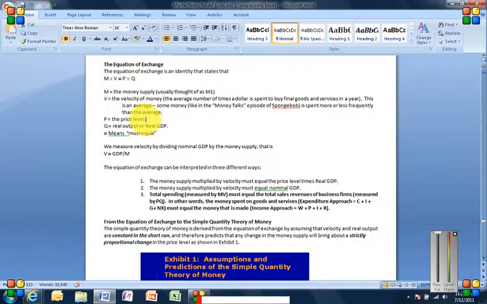If you follow the equation of exchange up until this point, then you might start to say, yeah, that's just kind of basic math. It's theory, but it's also math. And I can see why classical theorists would say, look, government, stay out of things, because all you're going to do is make prices higher, and you're not going to effectively change the economy.